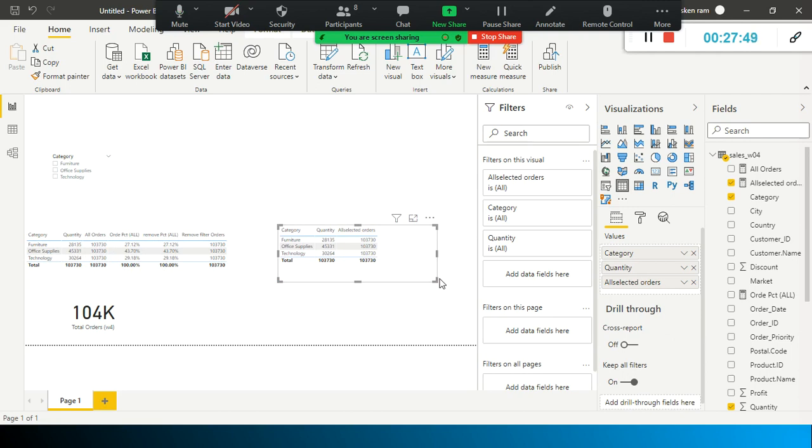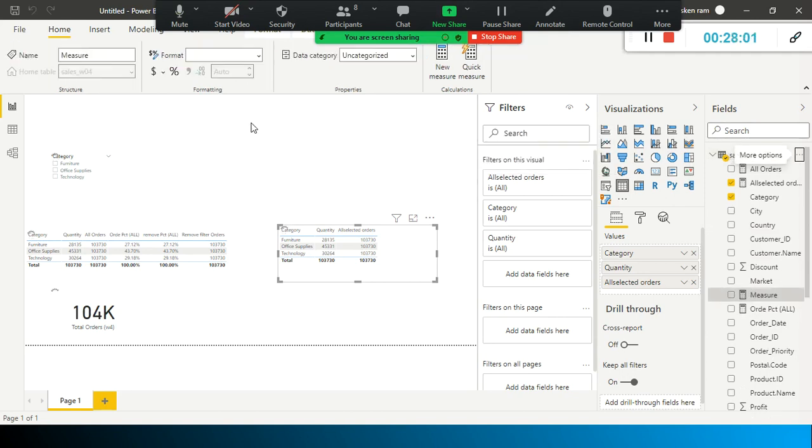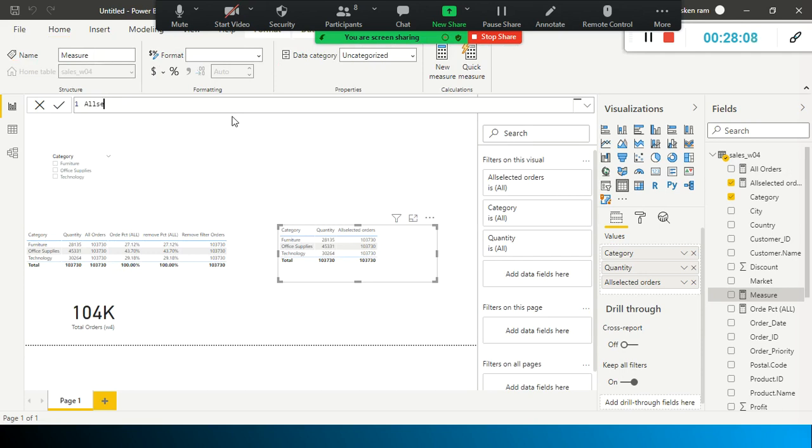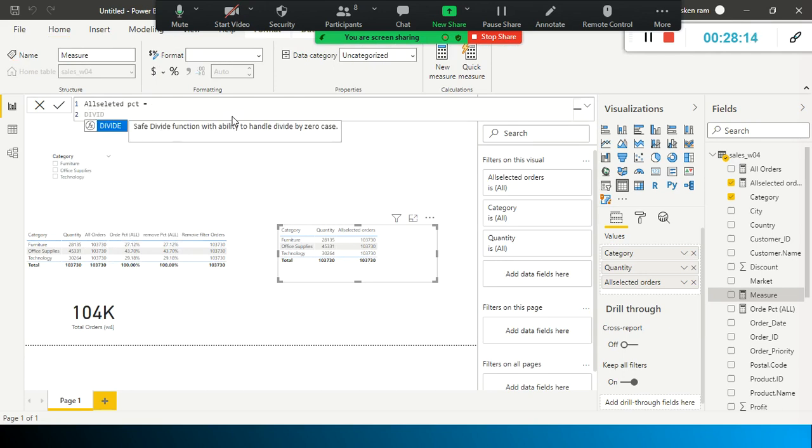Okay, wait, what we will do is find out the order percentage. I'm going to create another measure. So now we need to divide in order to find out the percentage for each category.